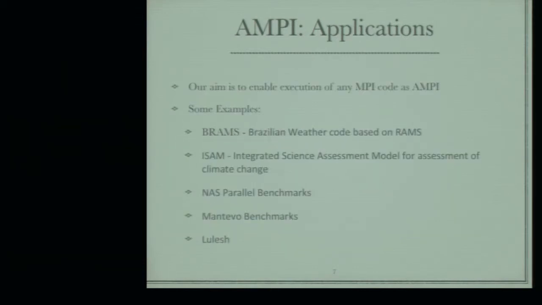Our aim with AMPI is to enable execution of any MPI code as AMPI. And the roadblocks, as I just mentioned, are global variables and how to perform migration. However, we have achieved reasonable success with running MPI-based code. BRAMS, the Brazilian weather modeling code based on RAMS, is probably the biggest success of AMPI that we have. We also ran ISAM, an integrated science climate assessment model. And we have run all the NAS parallel benchmarks using AMPI without any code changes. Recently we have also run Mantevo benchmarks, Lulesh, and I'm going to show some of the results in the